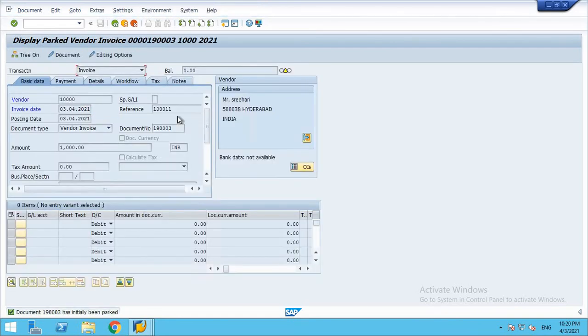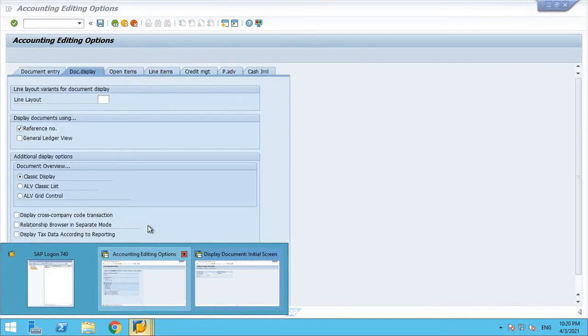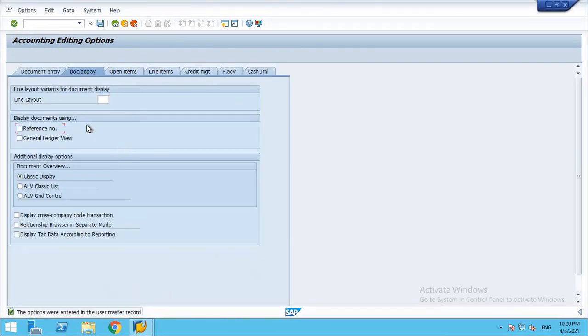It will carry to the same document. That means we can go with the document number or the reference number. This is the purpose of this checkbox.